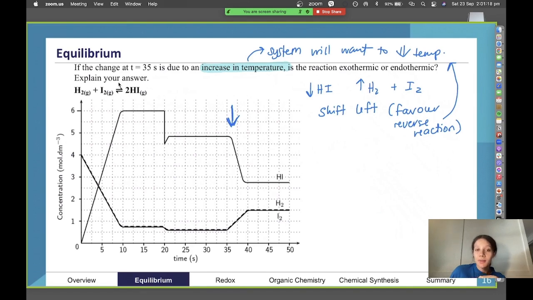So if we're decreasing temperature, that means we're using up heat. So that means when we shift to the left here, we're using up heat. So that means heat is sitting on the right-hand side, as like that product that I was mentioning before. So if we've done that, then we can infer from there that the system, just looking at it baseline, left to right, is an exothermic reaction where the products are releasing heat. So therefore, we can say the reaction is exothermic.